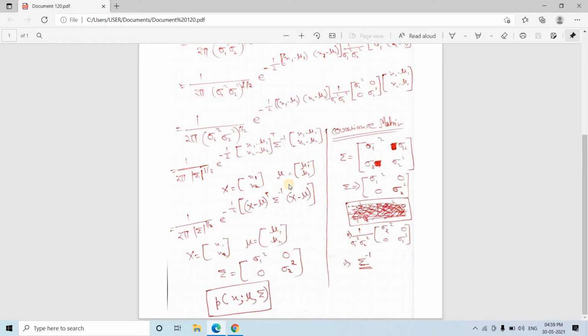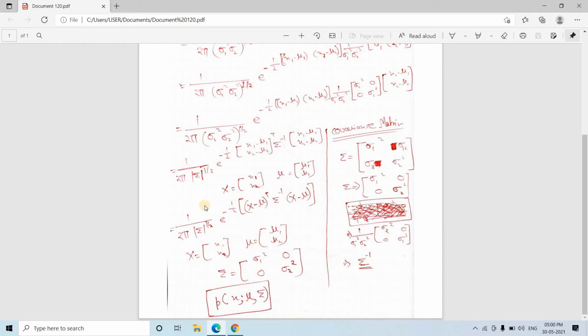Okay, so this is the equation which you should get a feeling for, because it is going to help us understand the Gaussian mixture model in a very simple manner. Again I am repeating, this capital X is x1, x2, this mu is the mean vector mu1, mu2, and this summation is the covariance matrix with sigma 1 square and sigma 2 square as diagonal elements, and 0, 0 elsewhere, because I have told you x1 and x2 are independent of each other. That's why the rest of the elements apart from the diagonal are 0. This is the property of the covariance matrix. Now if x1 and x2 are dependent, you will have some values in these parts also.